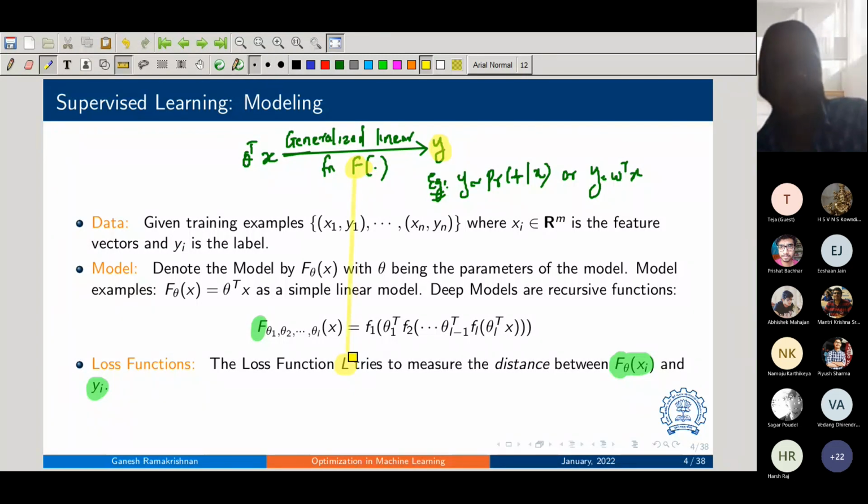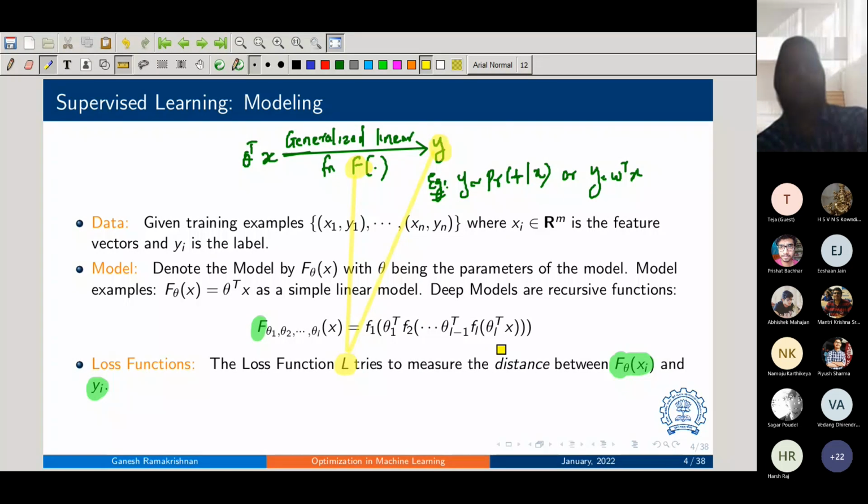It's possible that on some occasions, some of these F1, F2 you might be able to absorb into the L. So what goes into the F and what goes into the L can be a slightly subjective decision, right? You could apply a transformation on the F or the theta transpose X within L itself. But let's assume for the time being that we try to make the loss as simple as possible. We'll not try and play hide and seek between the F's. We'll make them explicit. We'll not hide them within the L.